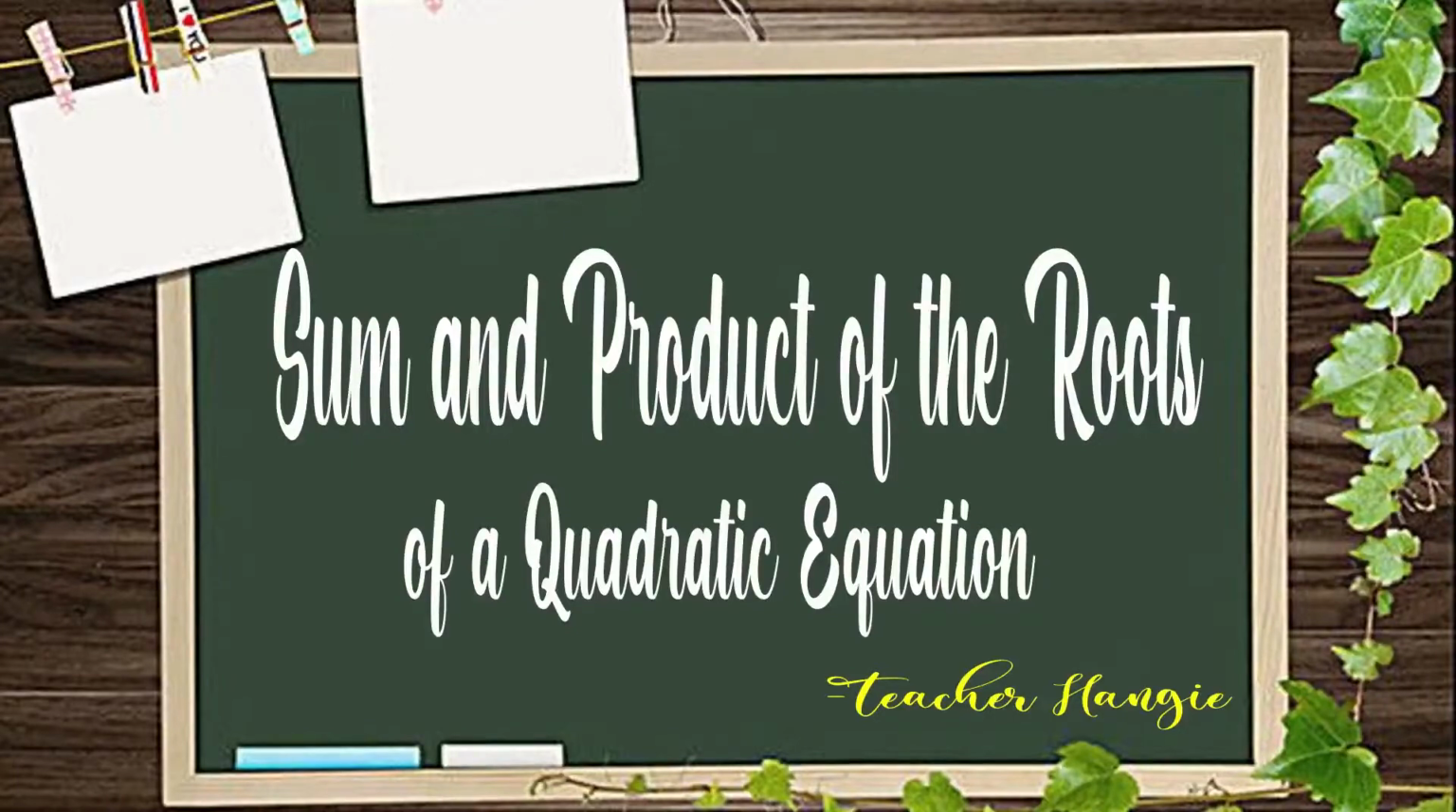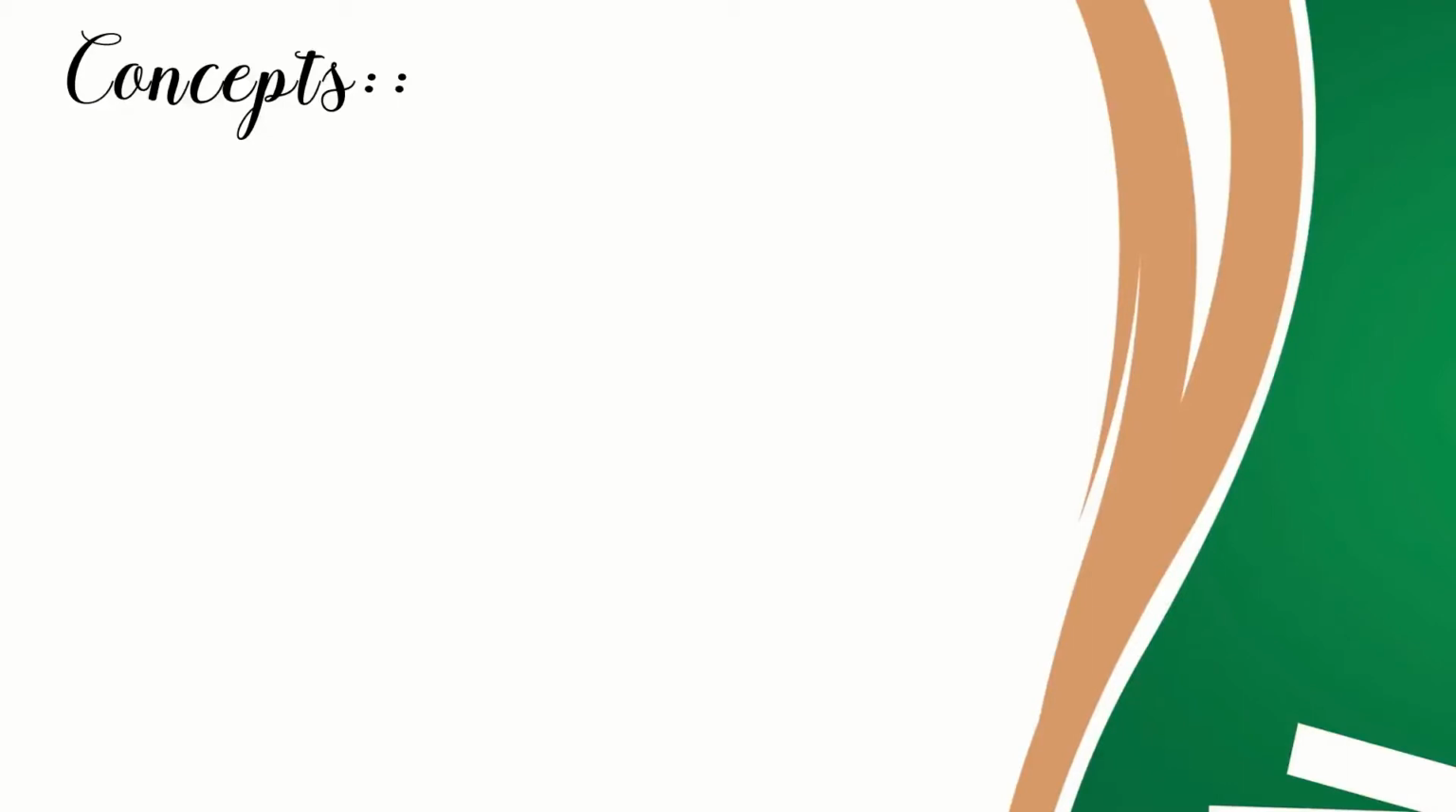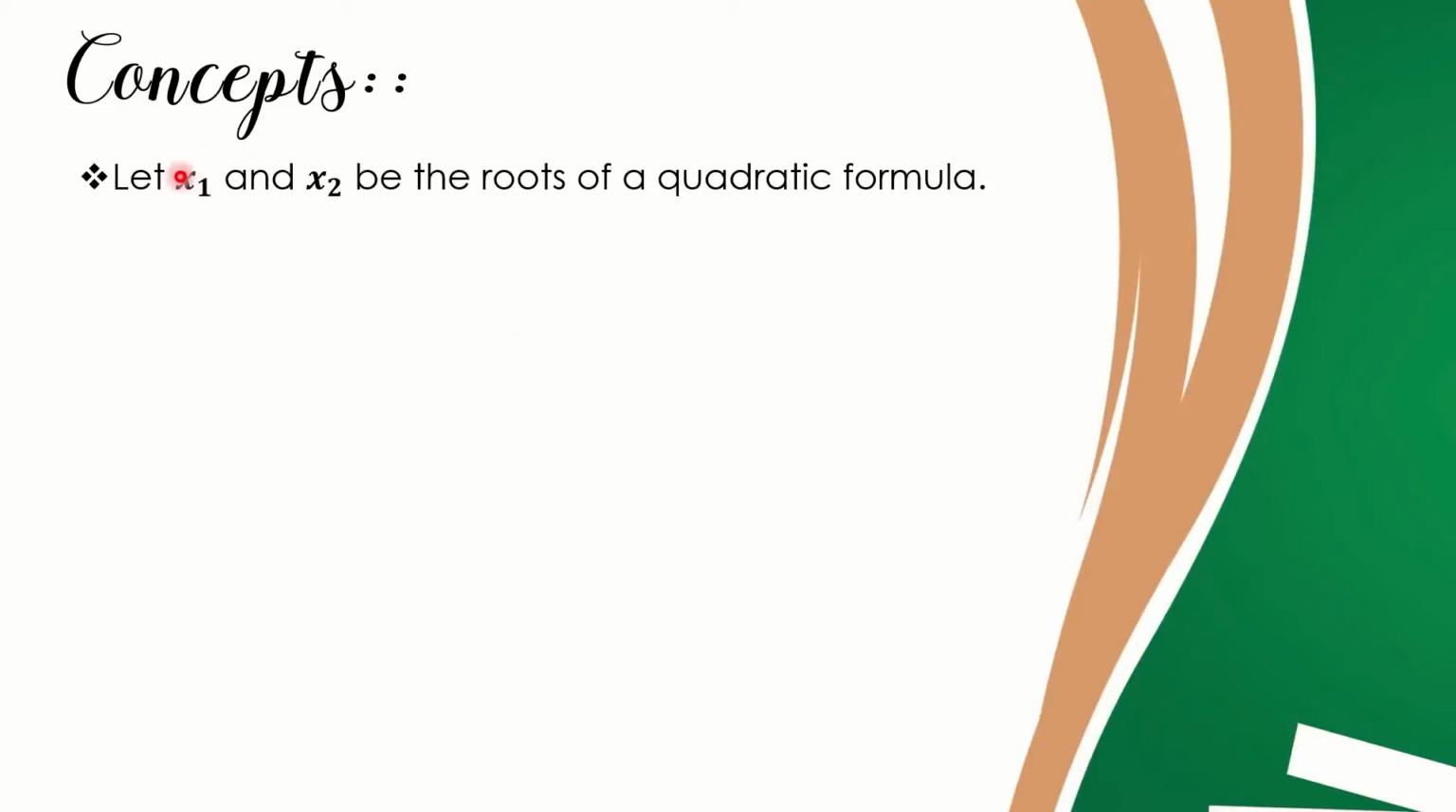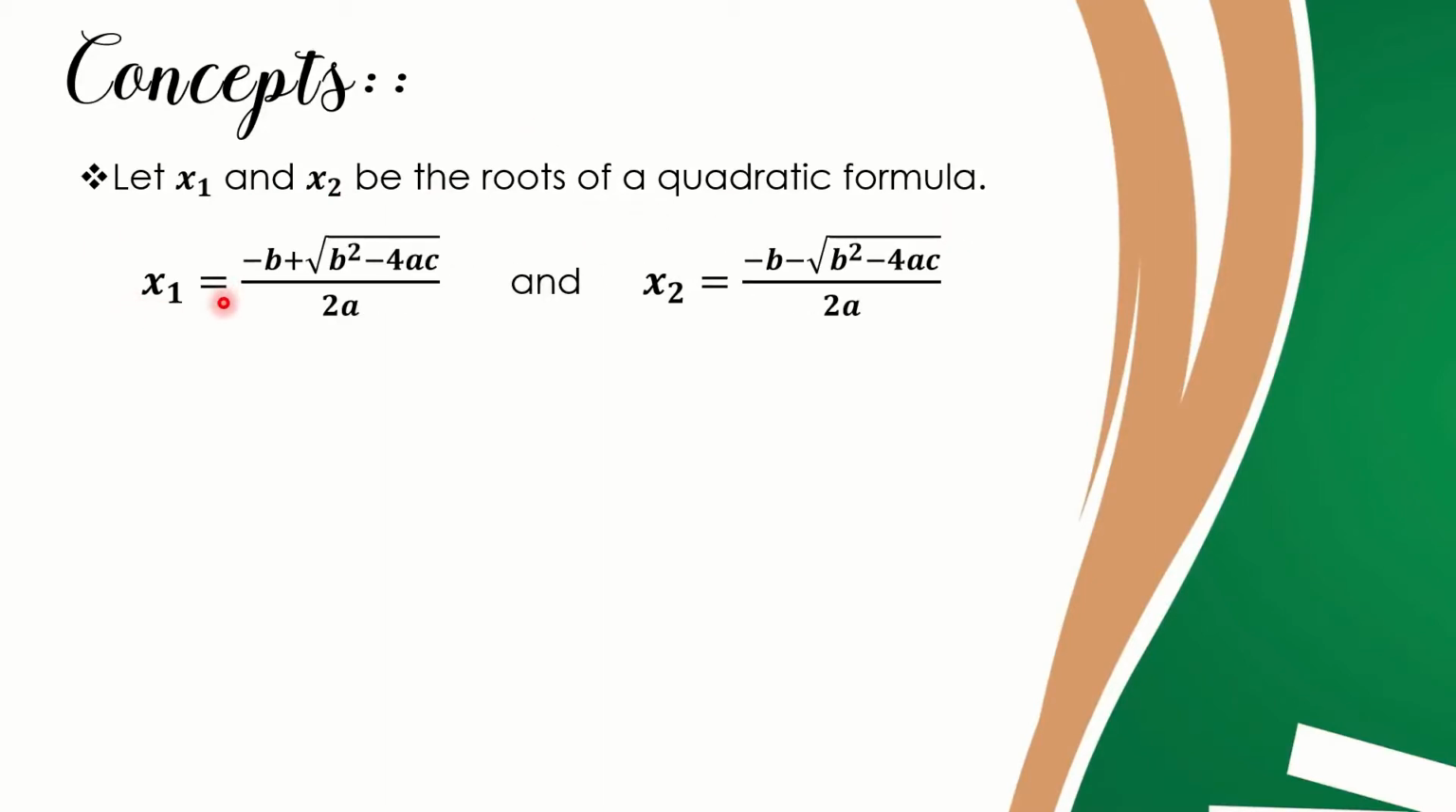Hello students, in this tutorial, we will determine the sum and product of the roots of the quadratic equation. Let us have the following concepts first. Let x sub 1 and x sub 2 be the roots of a quadratic equation. So we have x sub 1 is equal to negative b plus square root of b squared minus 4ac over 2a, and x sub 2 is equal to negative b minus square root of b squared minus 4ac